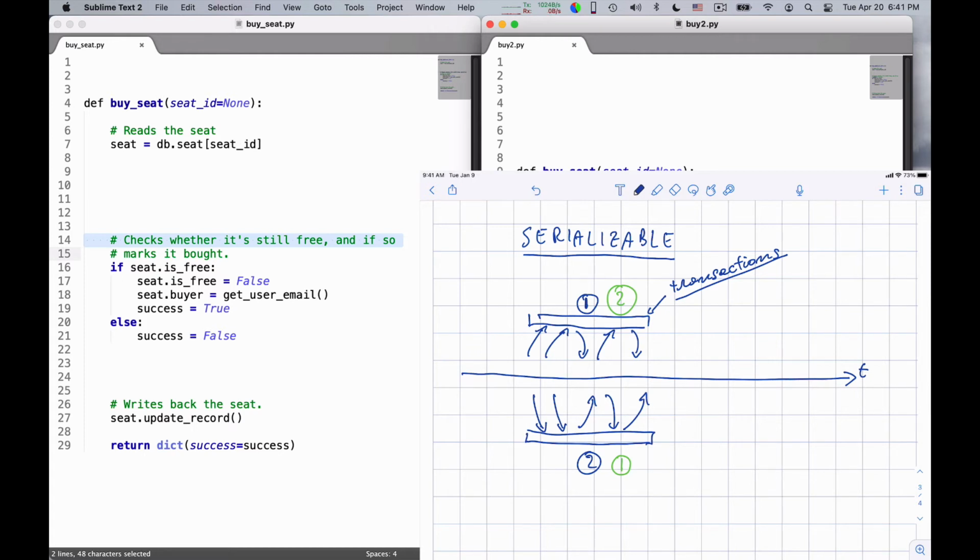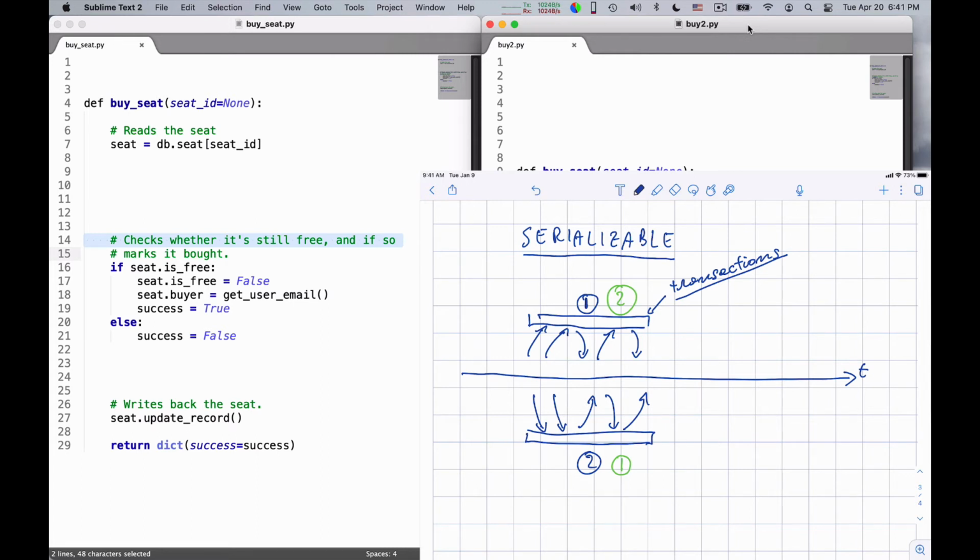If the database, however, detects that these two people are trying to buy the same seat, so that this read-modify-write is on the same seat, the first user who buys will succeed, and the second user, when it tries to buy, will fail. Okay, and it will get an error, a retry error, and so your web app will do something like, I'm sorry, but something went wrong. Please refresh the page and buy another seat. I'm sure it happened to you while trying to organize your travel.